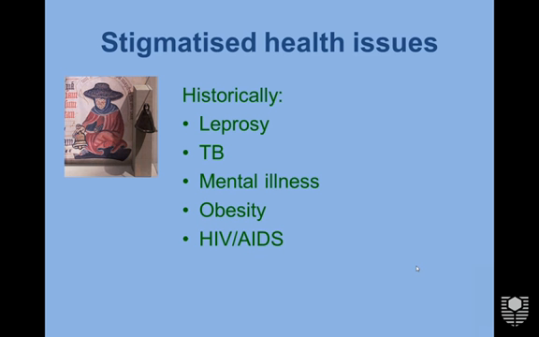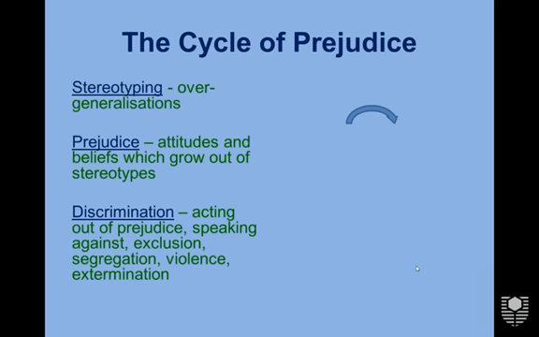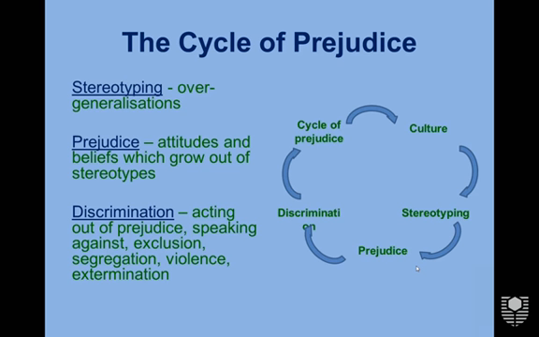Other changes, though, are interesting. High alcohol consumption, smoking, bottle or breastfeeding. These are issues that have changed from place to place and over time in terms of the degree of stigmatization for the people that engage in these activities. So the result of this, of course, is the cycle of prejudice that I spoke about first in lecture 2. Because of the stereotyping and judging of people as others, as different, as less than us, then you act out of these prejudices, and that becomes discrimination, where you actively exclude people from social goods.